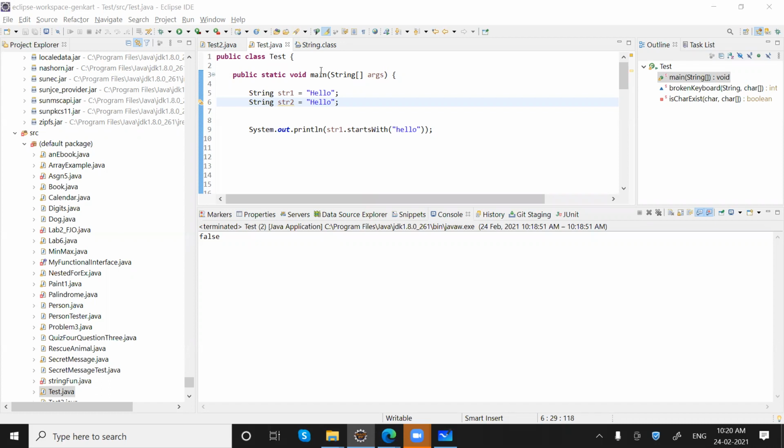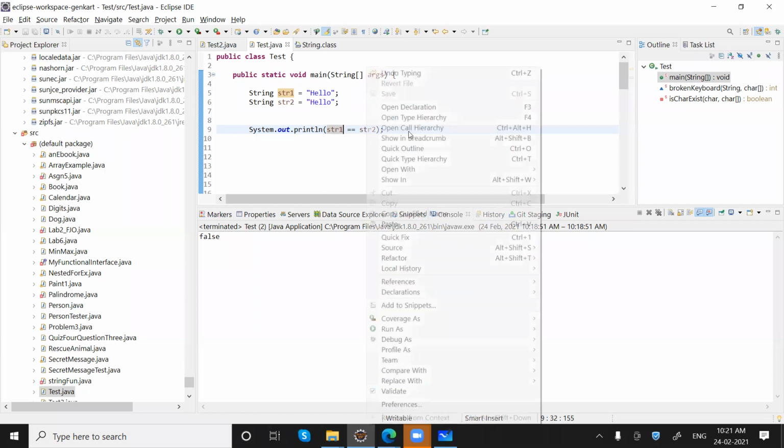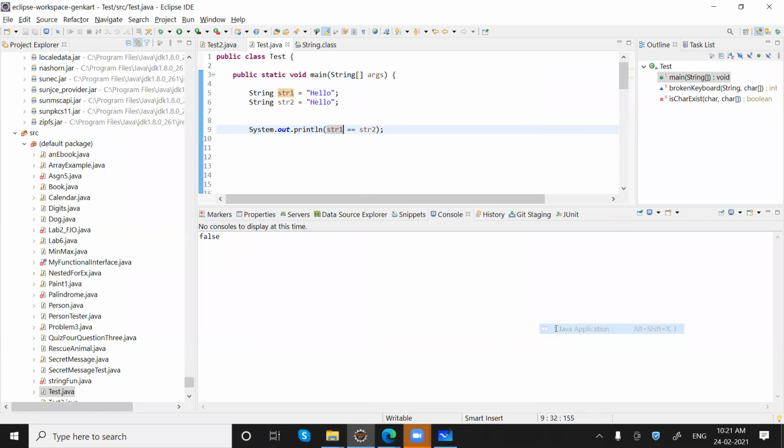Okay, let's talk about string comparison. So if I say like this, str1 equals str2. As you can see, we are creating both the strings with string literal. So in this case, this double equals will work and it will say, yes, that is true.